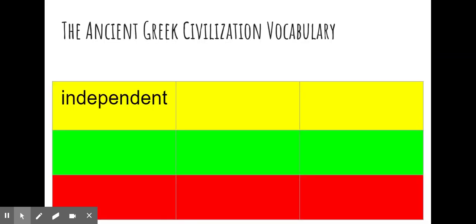Before we start Mount Olympus Part 1, we got to go through our vocab. So let's go through our ancient Greek civilization vocabulary. The first word we learned about yesterday was independent. So remember, as I read the word, you'll repeat it after me. Independent. Anyone remember what independent means? Well, it's kind of like what I'm doing now. I'm here on my own doing these read aloud, so I am working independently, or I'm independent because I'm working on my own.